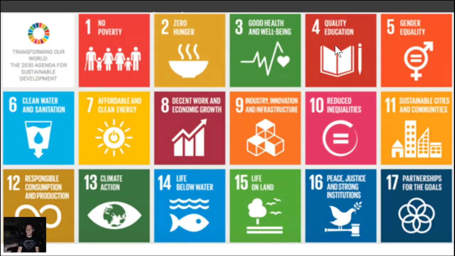Quality education. I would guess that what this means is that we're going to have the kind of education that leads to economic opportunity and advancement for not just us in this country, but in general, everyone. Gender equality, complete gender equality, clean water and sanitation, affordable clean energy, decent work and economic growth, all these different things. You can see sustainable cities and communities with more and more mega cities existing than ever before, and urbanization on the rise. Cities are growing substantially.